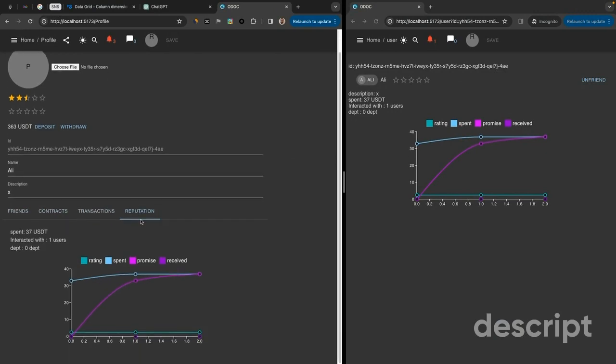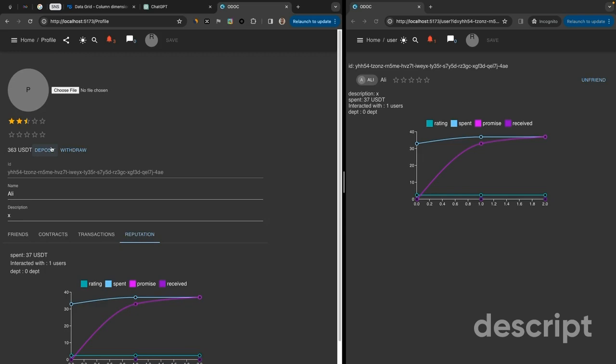And there is one feature that we couldn't do yet, which is the deposit functionality. Right now, we can deposit dummy USDTs, dummy tokens. They are not real. You can just click deposit and suddenly you have a lot of money, because you are doing nothing with this money. You just do some tests. You can also withdraw $100. You can keep doing this. So the deposit functionality is not done yet because I'm waiting for the team,